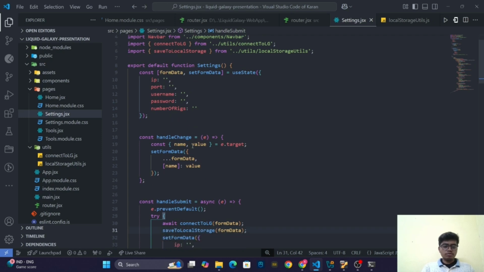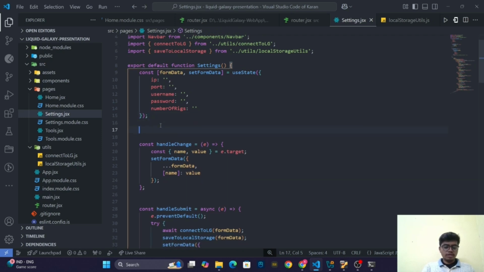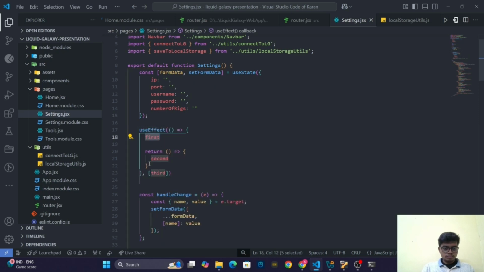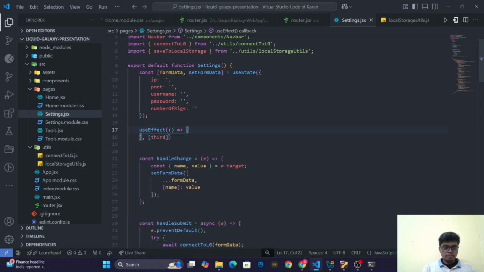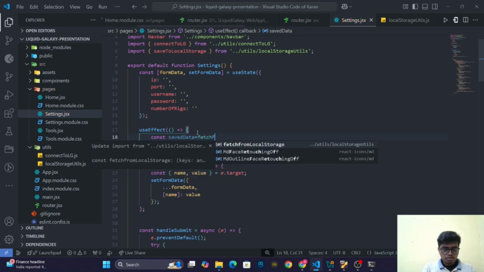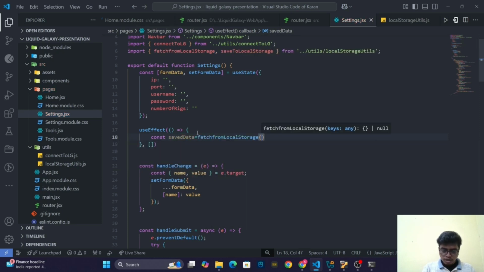Nice. And I will also create a useEffect hook. What it does, it will automatically connect whenever we come to the page, whenever we come to the settings page. So in the useEffect, first of all I will fetch all the data from the local storage, fetch from local storage, and here we have to pass IP,